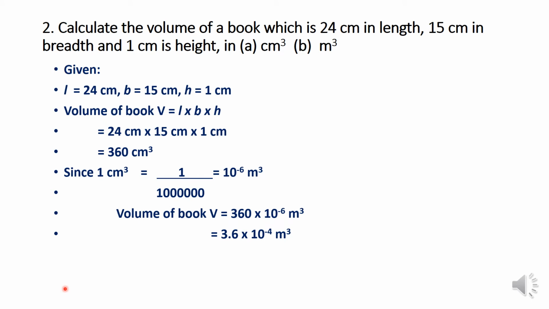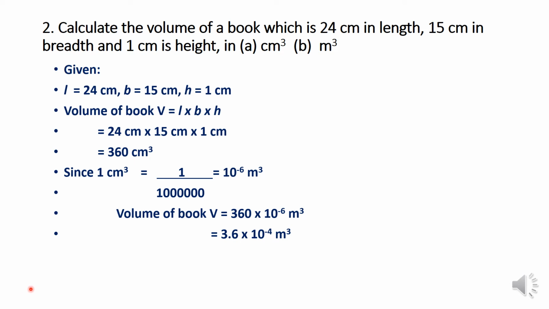Now for the volume of the book, if you want to convert centimeter cube into meter cube, you have to multiply. So you can write 360 into 10 to the power minus 6 meter cube. You can write the answer as this. Here they have shown a better way of representing it, where you shift the decimal from 360 to 3.6. You are making it smaller, so you have to make it bigger on this side. You multiply it with 100 here. So 2 zeros will get cancelled and you will get only 4 zeros now. So 10 to the power minus 4 meter cube.